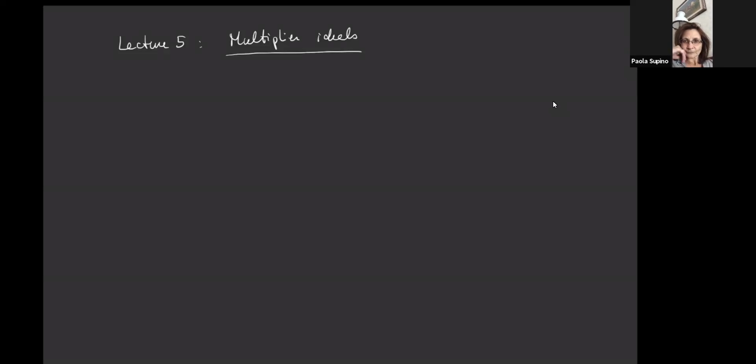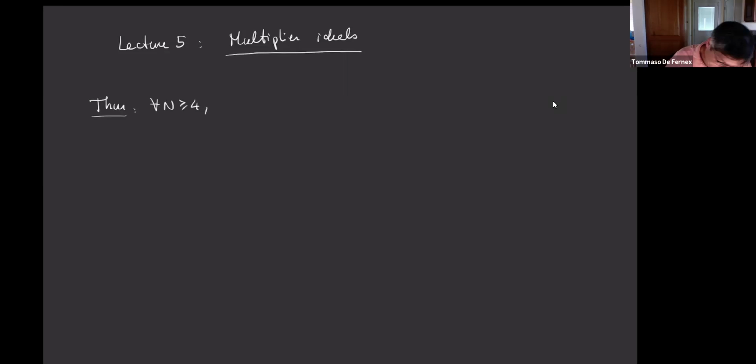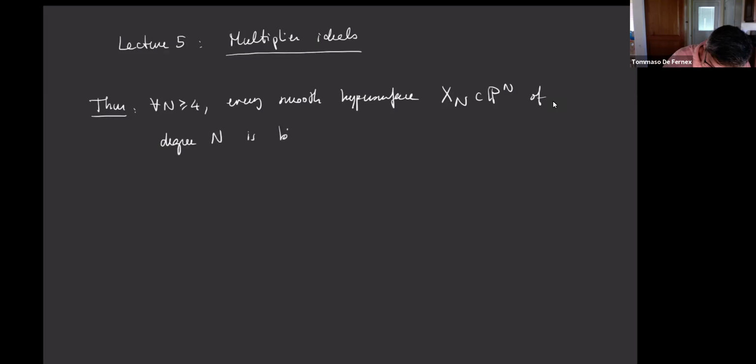So today I want to talk about the following theorem. For every n greater than 4, every smooth hypersurface X of degree n in P^n is birationally superrigid. This is a natural generalization of the Iskovskikh-Manin theorem. The n equal to 4 case is Iskovskikh-Manin, and the key assumption, the key point here